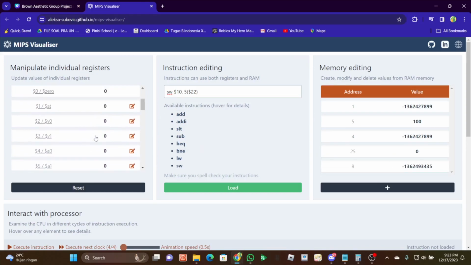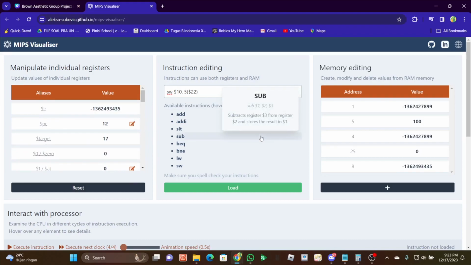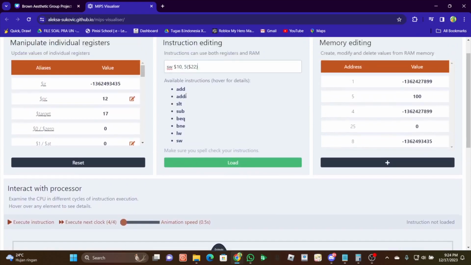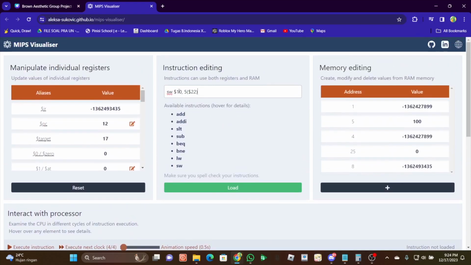Actually it's simple. We are just playing with the address that we want to store, or the value in the address that we want to store, to the targeted address that we want to put the value in. I think that's all from me.